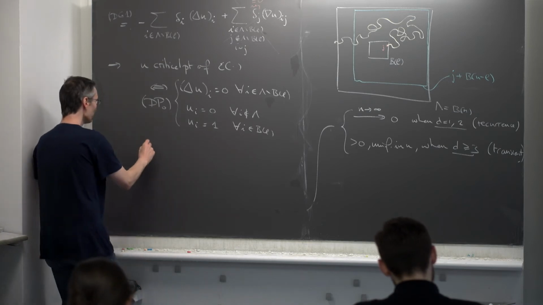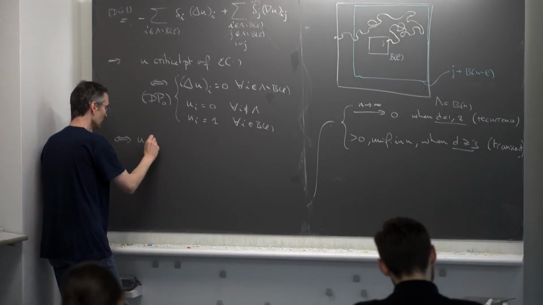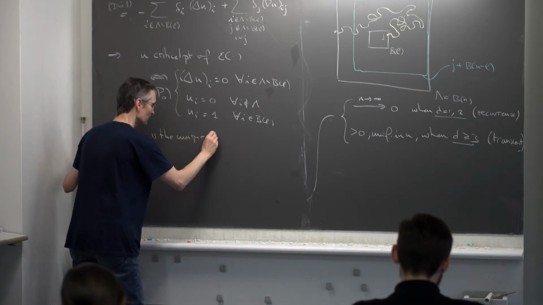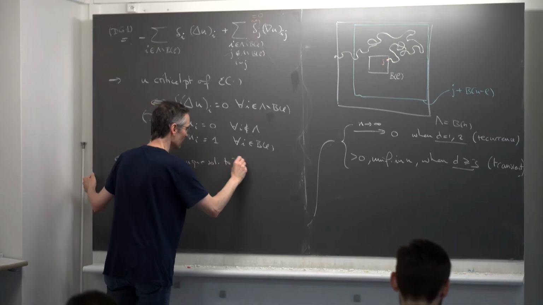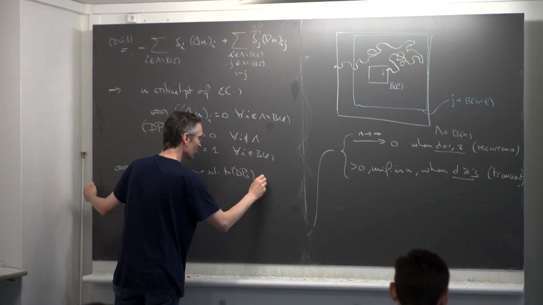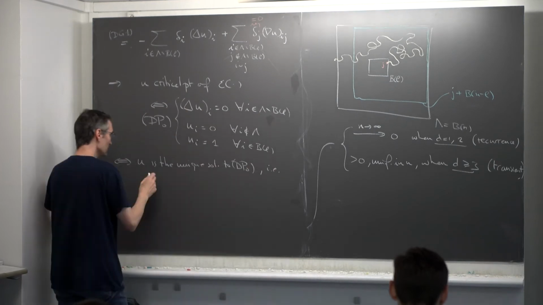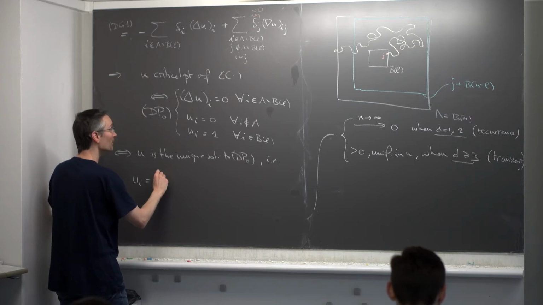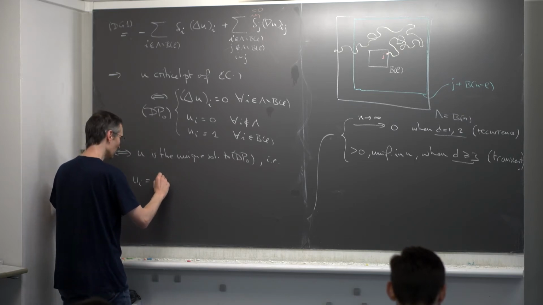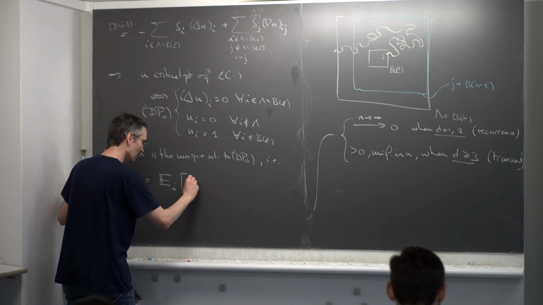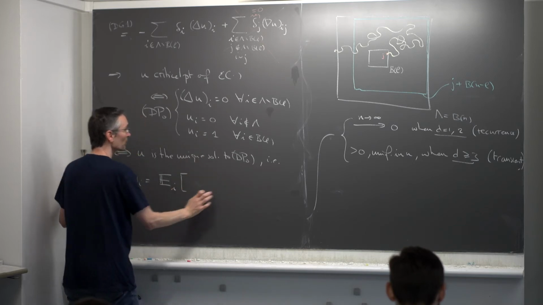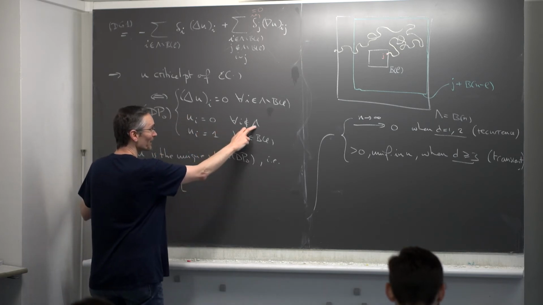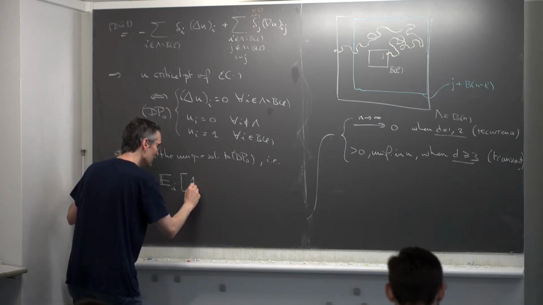So that's equivalent to saying that U is the unique solution. So to do this, we already computed it: Ui has to be equal to, so it was for the mean, the expected value starting at i of eta, the boundary condition. So this boundary condition here, which is 0 outside lambda and 1 inside BL, so it's really the indicator that